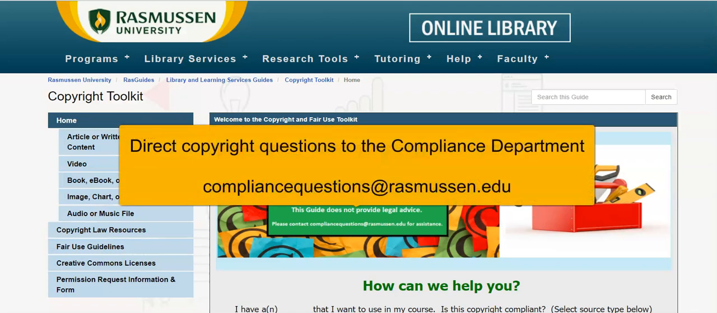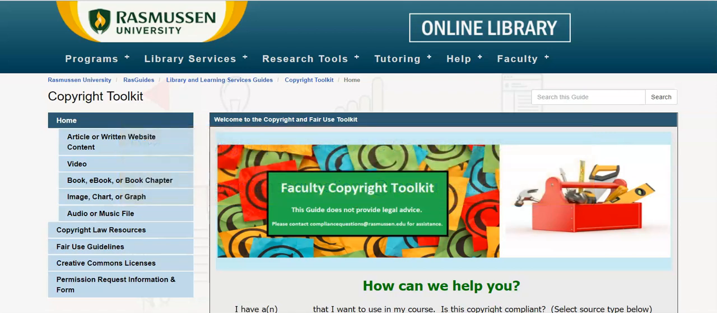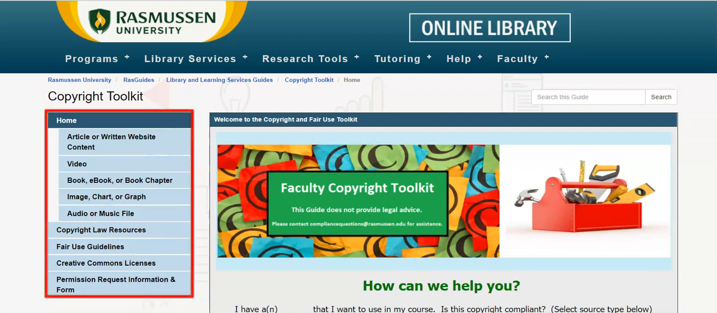Please note that this guide does not provide legal advice. All copyright-related questions should be directed to the Compliance Department at compliancequestions@rasmussen.edu. The information in the Faculty Copyright Toolkit has been organized into pages that can be accessed by clicking on